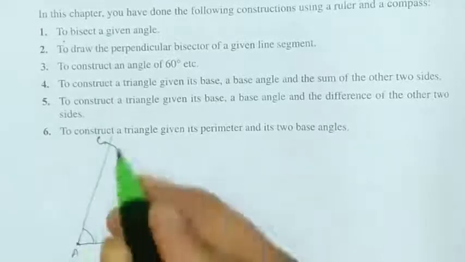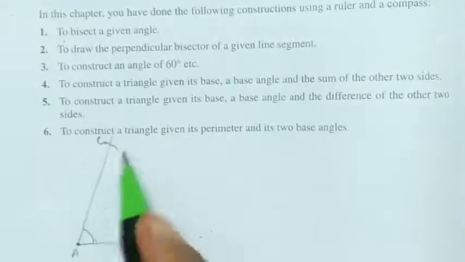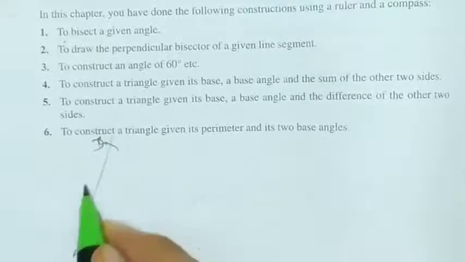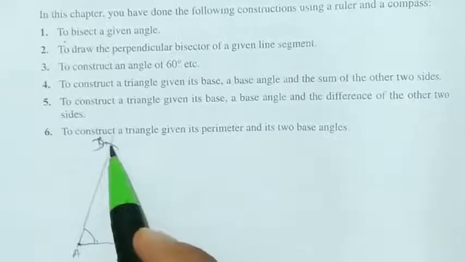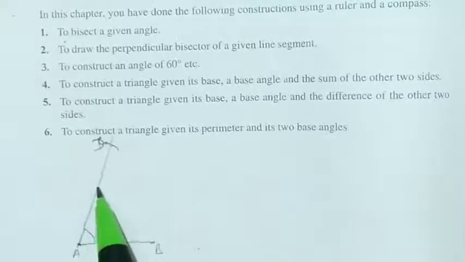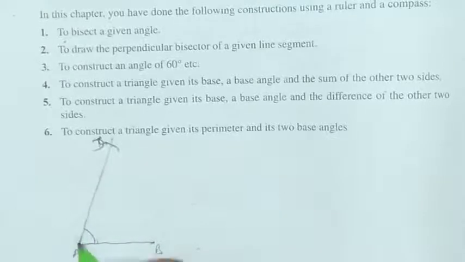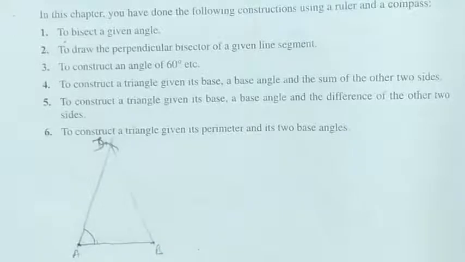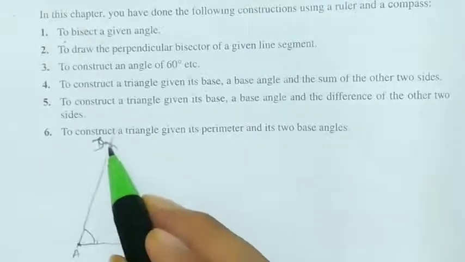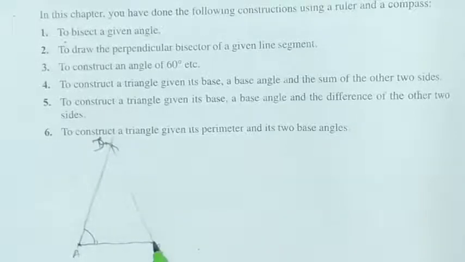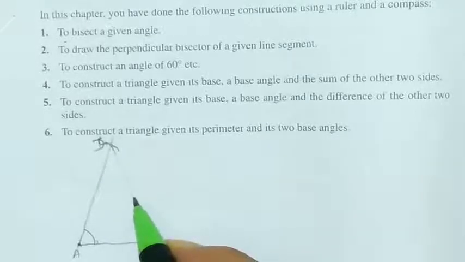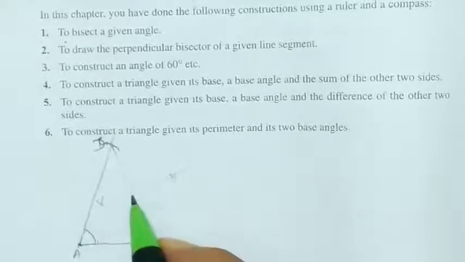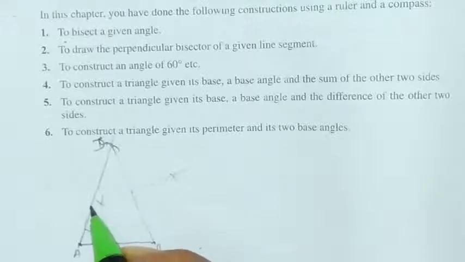Like say this is AD, this is the total sum of AC and BC. So ABC will be the final triangle, but the sum AD is given, AB, AC plus BC. So first you will cut this from here, and then you will join it here this way, and then take its perpendicular bisector. The perpendicular bisector we have already learned. So cut here and join this. This is the perpendicular bisector, it meets it here.